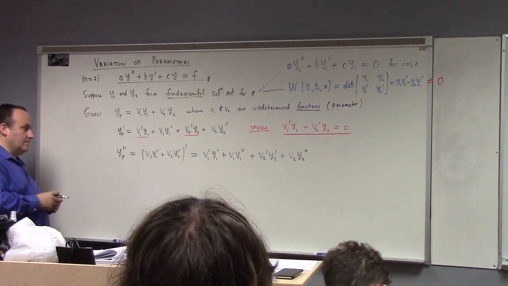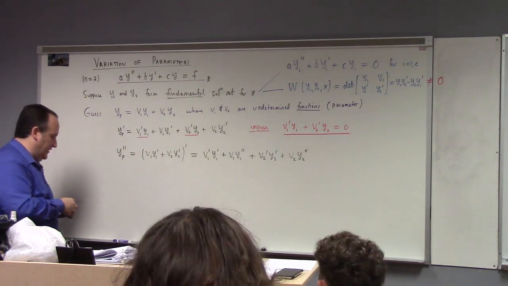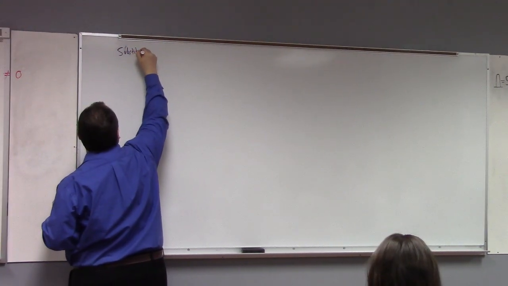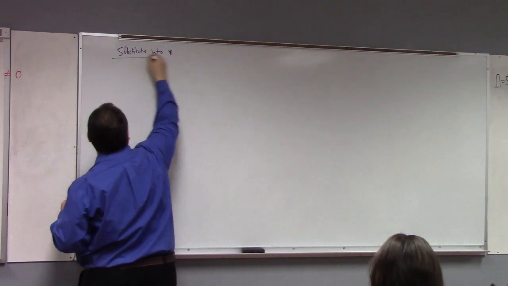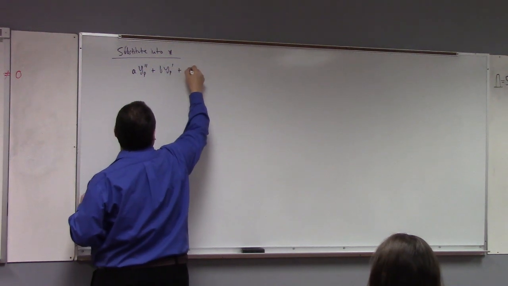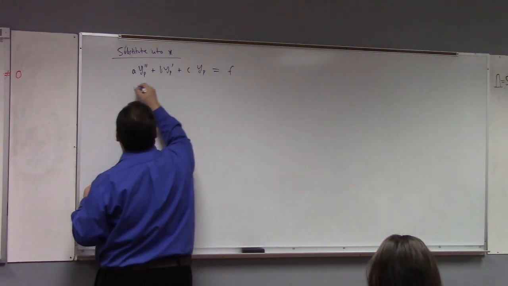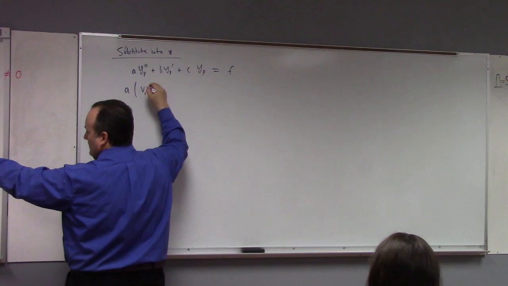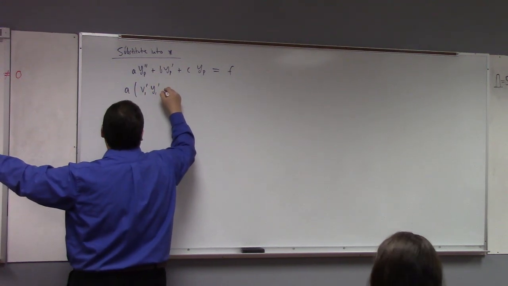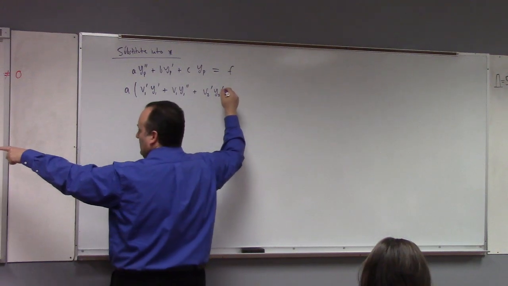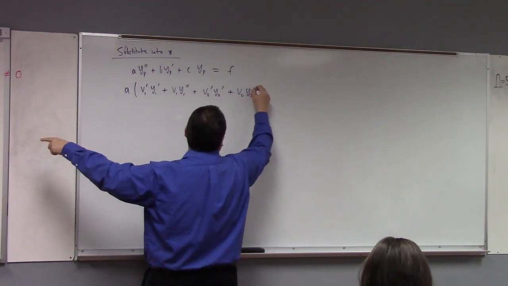And at this point, we're going to put everything together. So let's substitute into star. And what do we get? I'll write it out: a yp prime prime plus b yp prime plus c yp equals the forcing function. So there you've got a times v1 prime y1 prime plus v1 y1 prime prime plus v2 prime y2 prime plus v2 y2 prime prime,